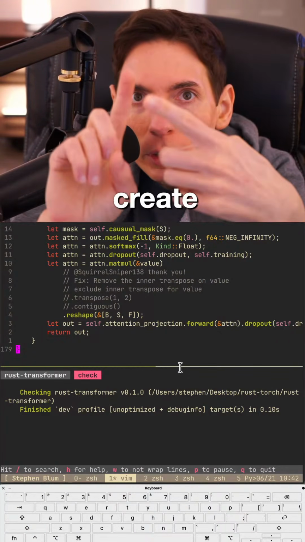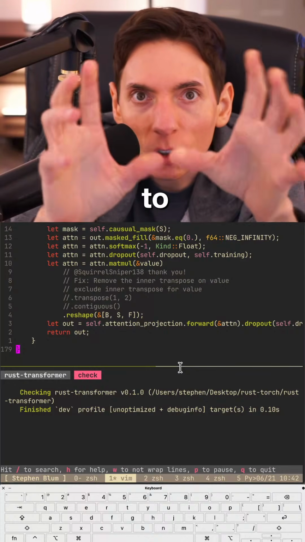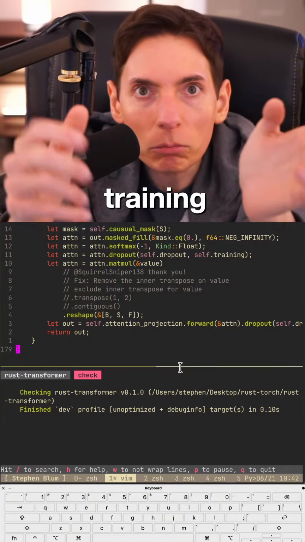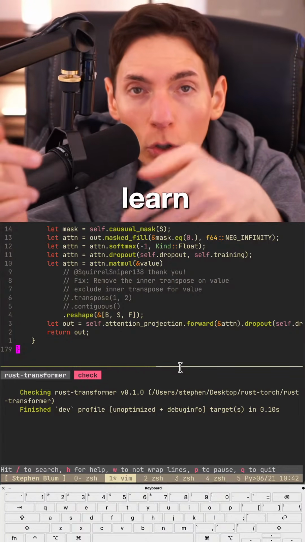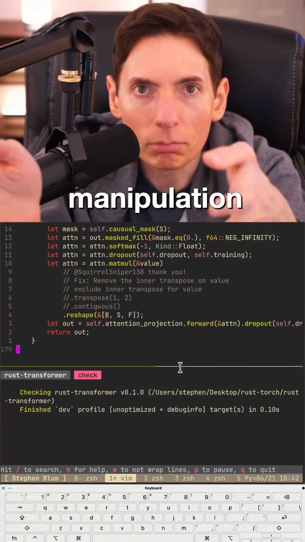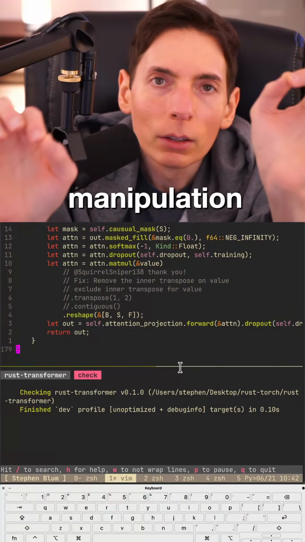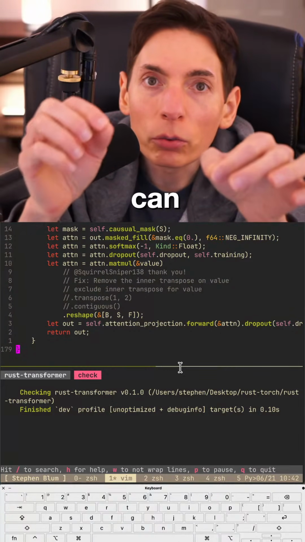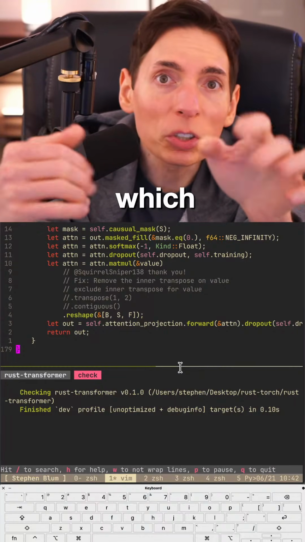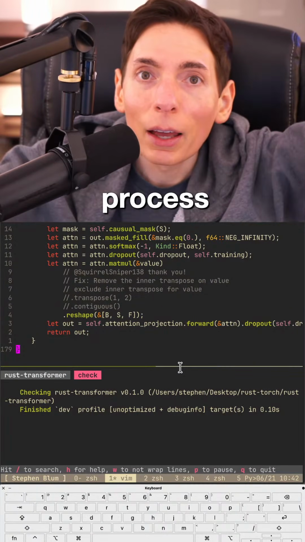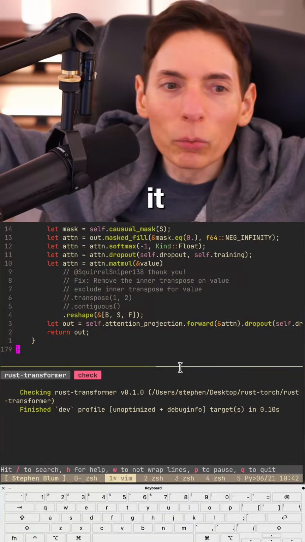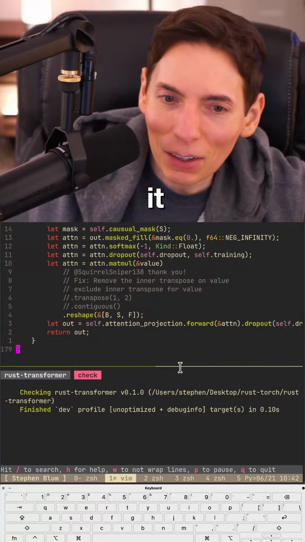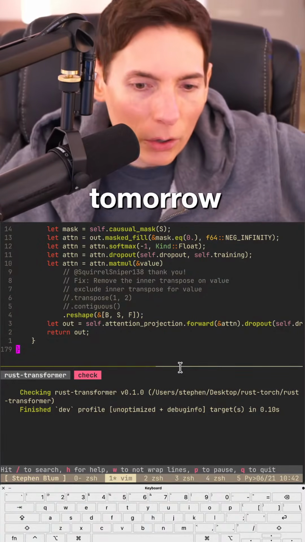We just need to create our batcher, which is going to split all of our data into training shapes that allow the model to learn. So we have to do a little bit of data manipulation. Once we do that, we can throw it into our optimization loop, which is the training process. Boom, we did it. We rebuilt GPT. That's it right there. So that'll be the plan for tomorrow, you guys.